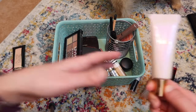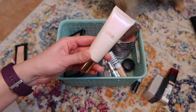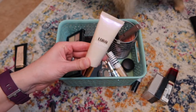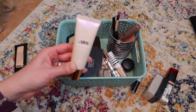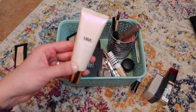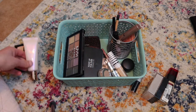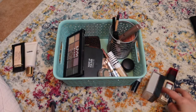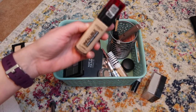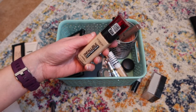And then I do have a Glotion type illuminator. This is L'Oreal Lumi Glotion in Fair. I grabbed this out from my 2020 Project Pan because I don't have all the items out at one time. I will stick a few out at a time, but with the theme of drugstore, I wanted to pull some out. And then for foundation, we are going to start showing love to the L'Oreal Infallible Fresh Wear,